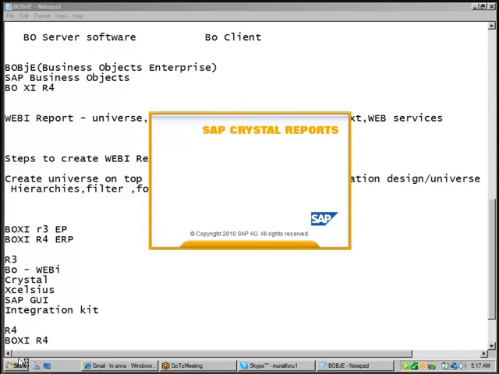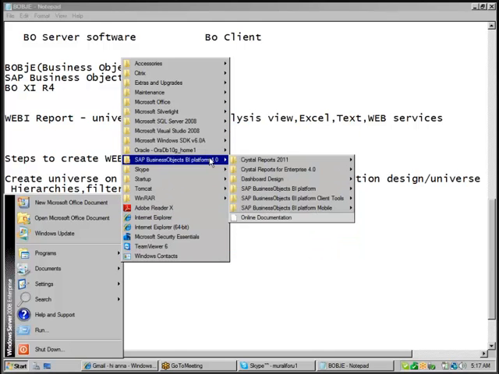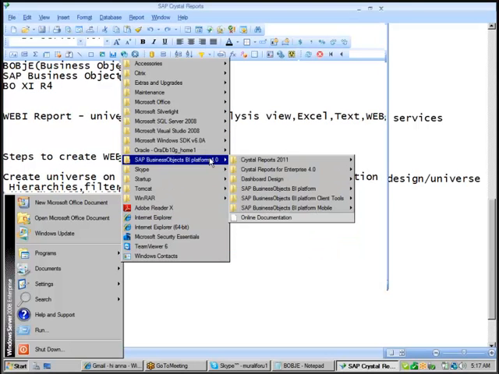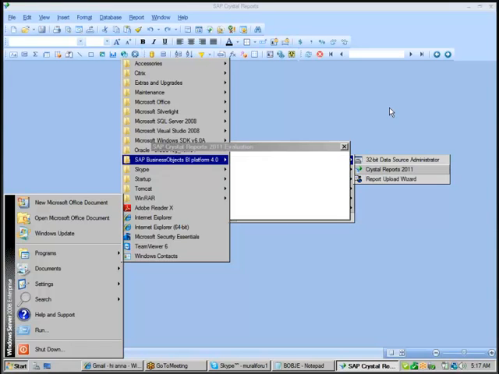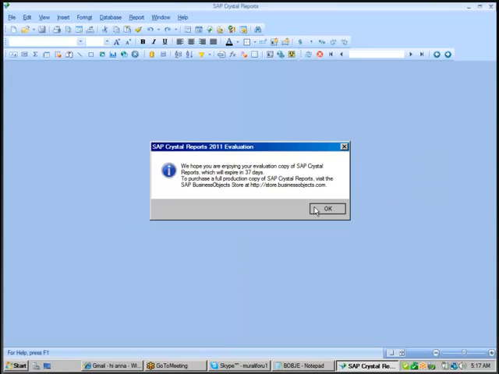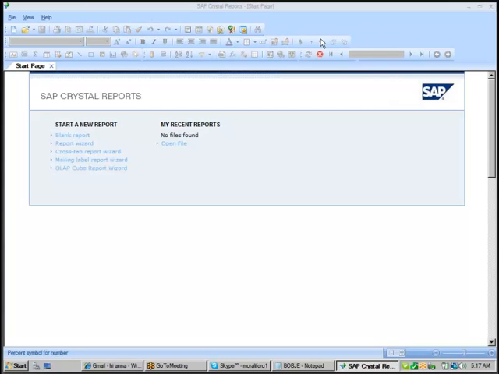Once you go to Start, Programs, BusinessObjects BI Platform 4.0, there you have Crystal Reports 2011. Then select and click on that Crystal report. Once you click on Crystal Reports, you'll be on the home page of Crystal Reports. If you want to create a new Crystal report,